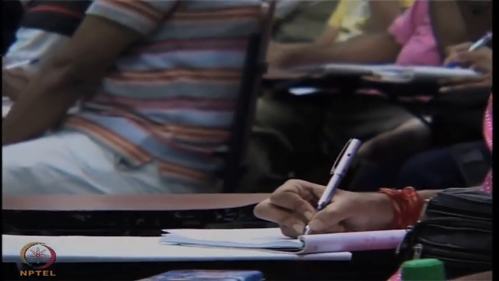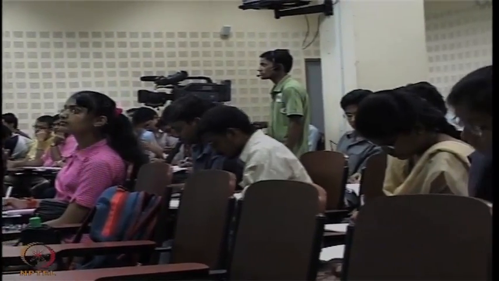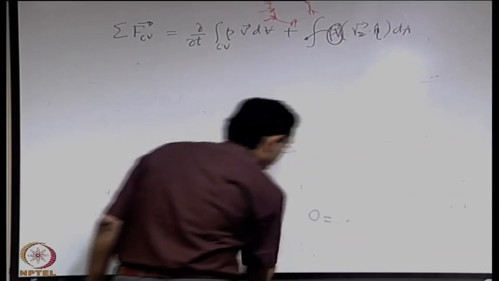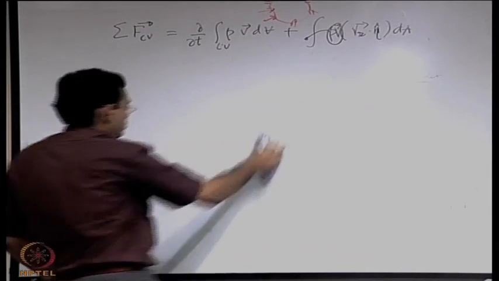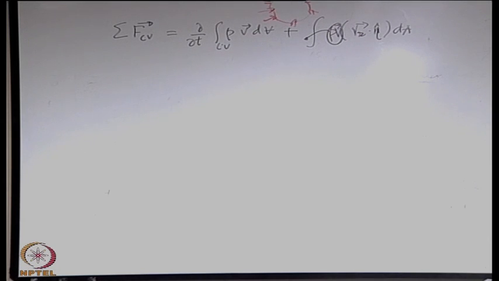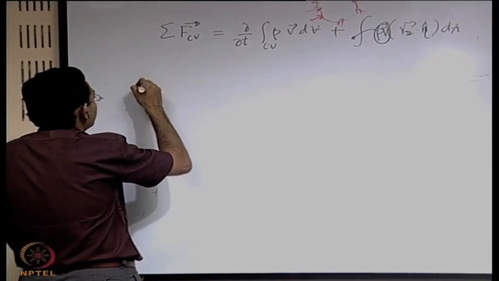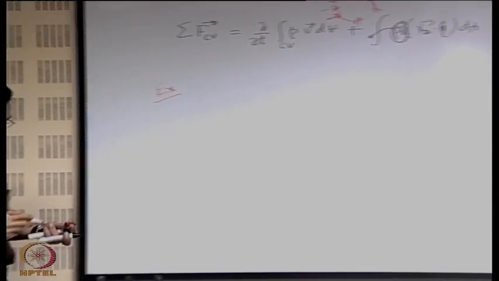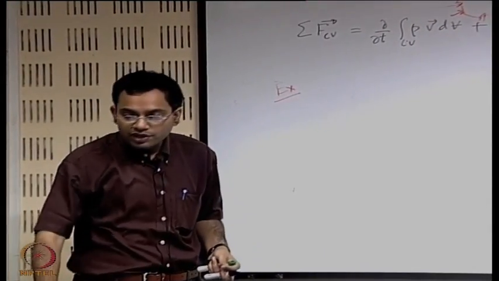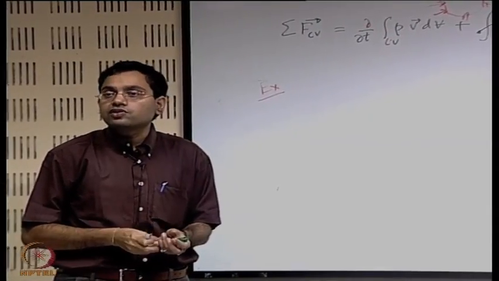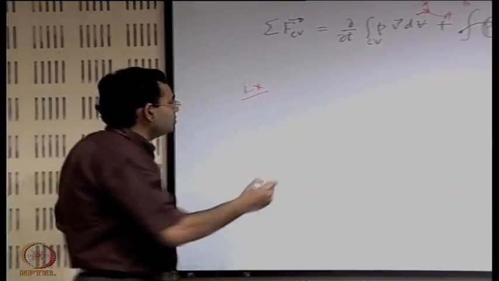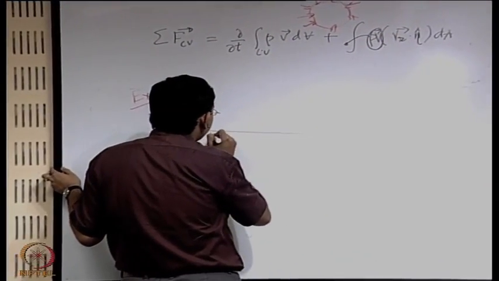Let us try to solve another problem. So in the next problem we will revisit the case of a boundary layer on a flat plate that we discussed quite some time back when we were discussing viscosity. So what is the situation? You have a flat plate like this,